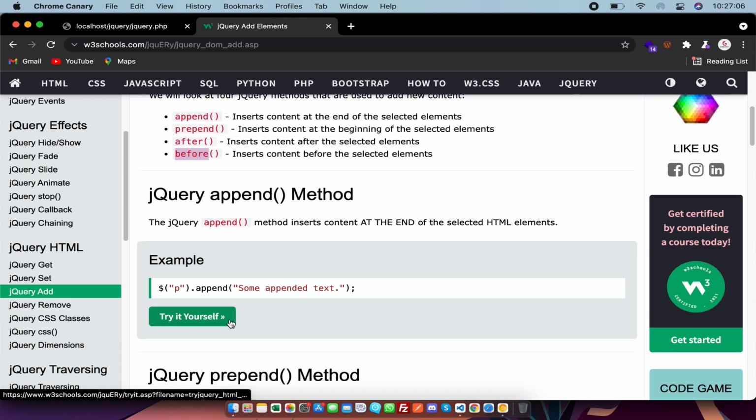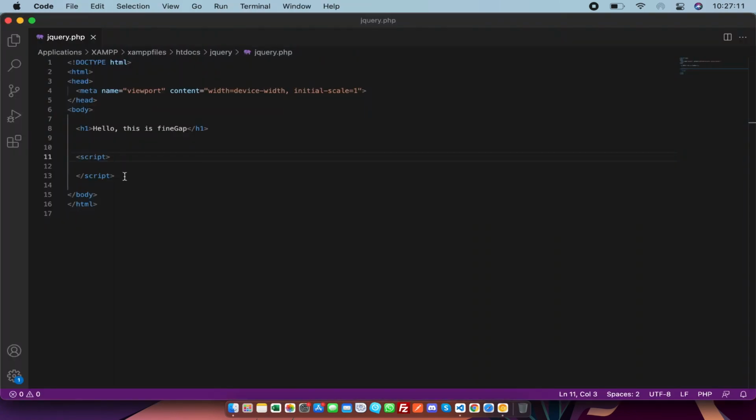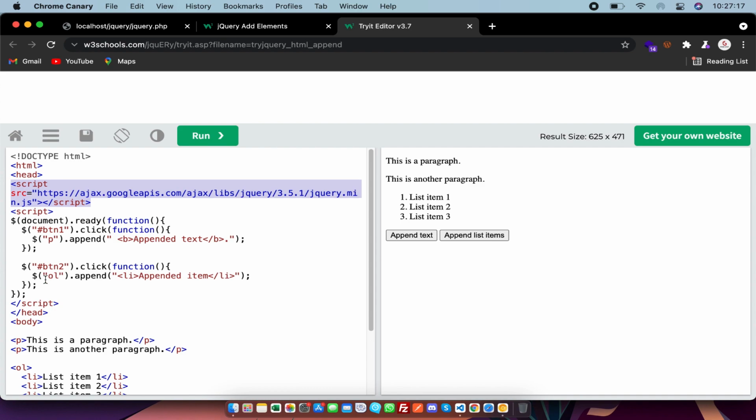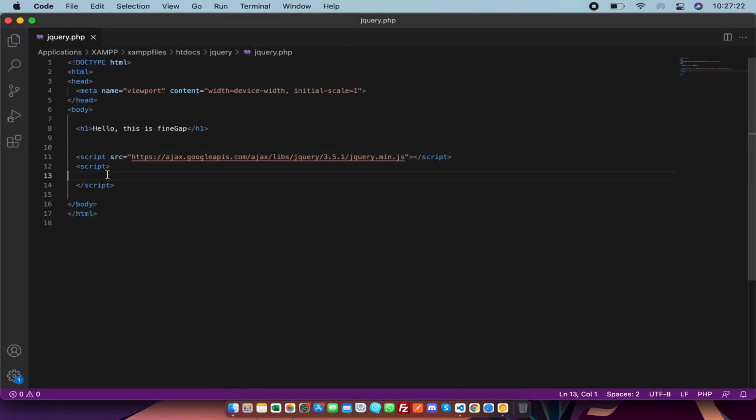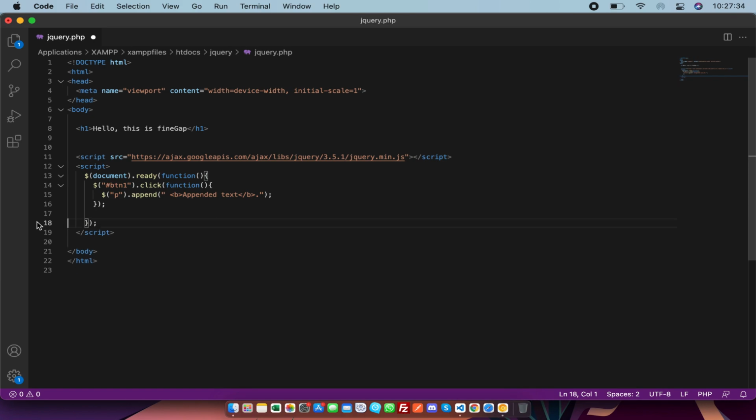So let's open this example. Let's include the jQuery file in your file, and let's copy this function. Indentation is important, so let's remove this.